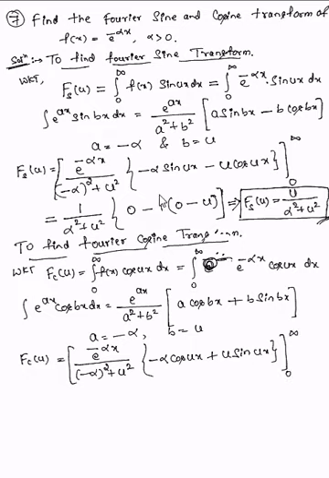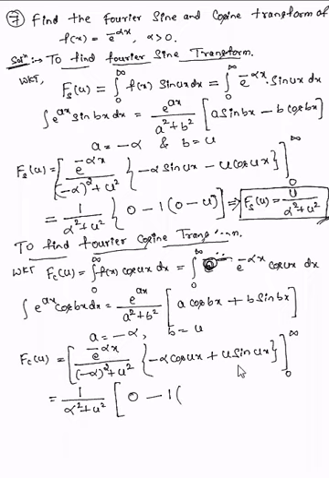So same as the last one. So a and b substituted, and the limits. Now like the last one, if I substitute the limit for this, I can take this 1 by alpha square plus u square outside. So let us substitute the limit now. First, x is equal to infinity, same thing. x is infinity means it is e power minus infinity, and you know e power minus infinity is 0. So 0 into this entire thing. So the upper limit, because of this e power minus, becomes 0, then minus lower limit. Put x equals 0. So this becomes e power 0, and you know e power 0 is 1.